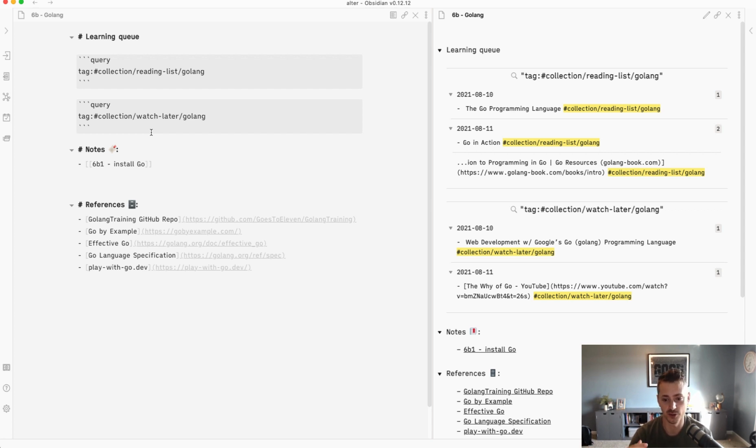So that way, once you're finished with this particular reading, you can go and find those relevant ones, because when you just read this book, it was amazing. You trust the author or the creator of the video series, and you want to take the recommendations seriously. And so what I've been doing is creating two types of tags depending on the topic note. So this particular, it's Golang as a language. I'm learning Go. And I separate out the tags from a reading list and a watch later, because typically when